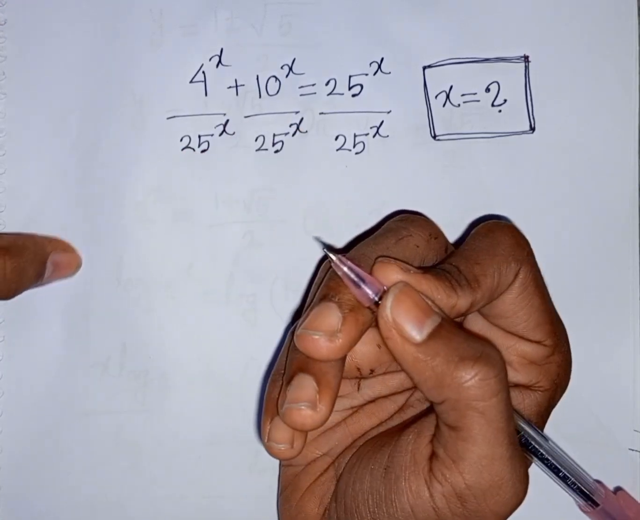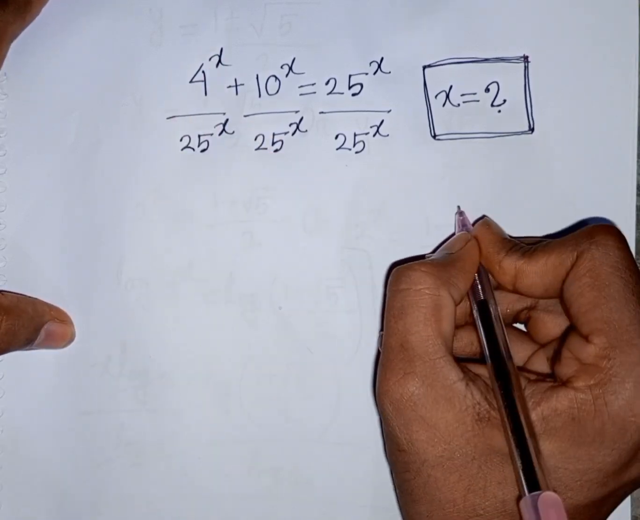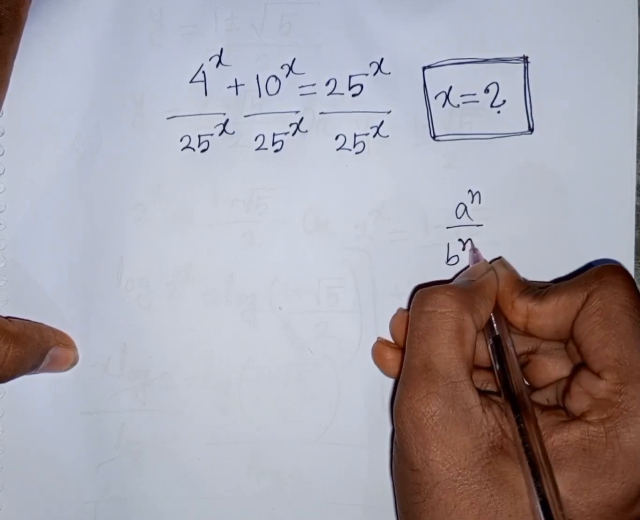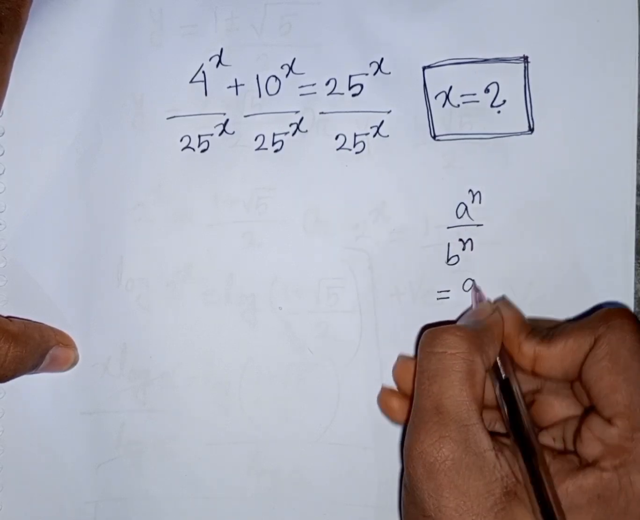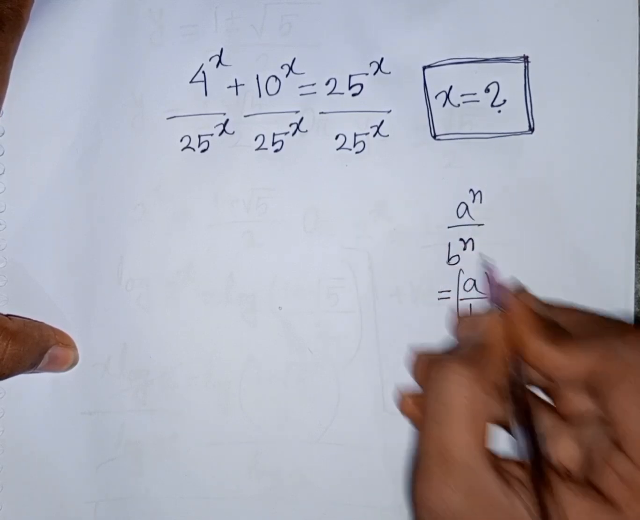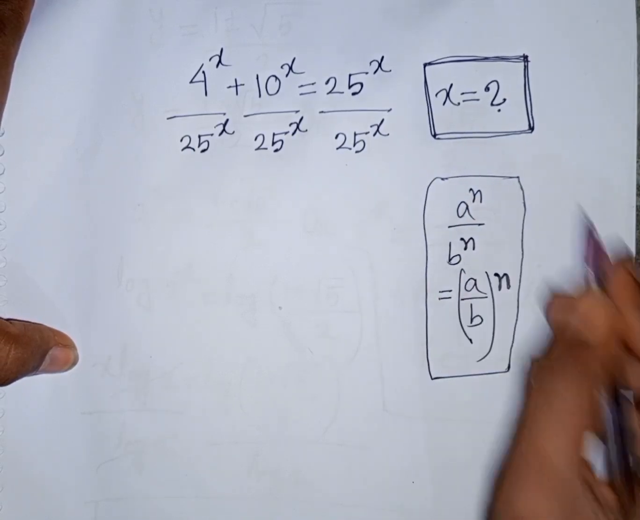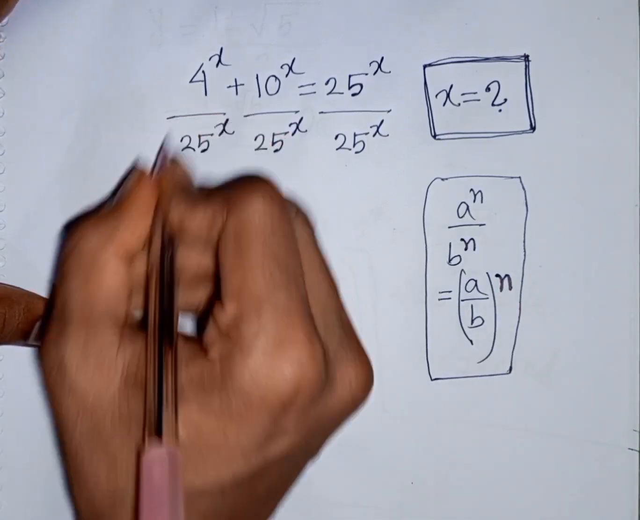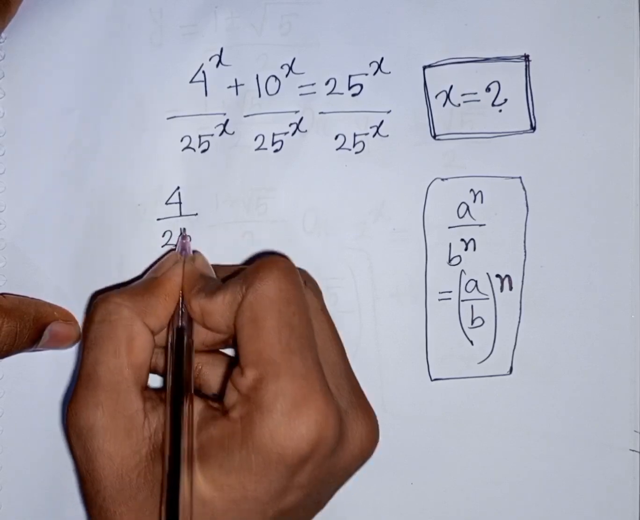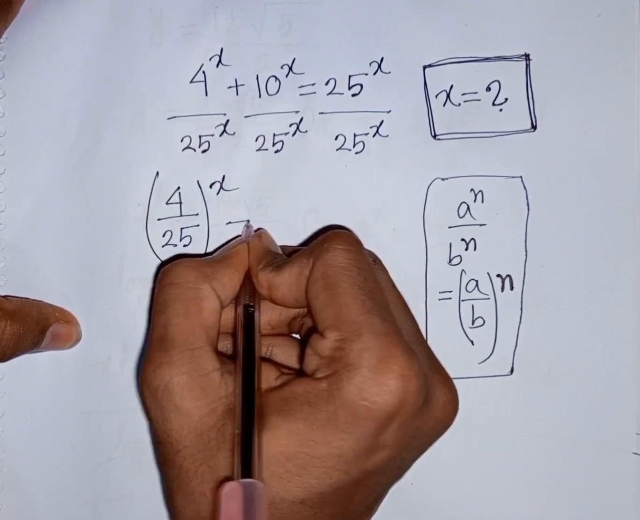Now from here we see x is the same power but with different bases. So remember this exponential rule: a power n over b power n is equal to a over b, then bracket, common power n. According to this rule, I can write here 4 over 25, then bracket, common power x, then plus